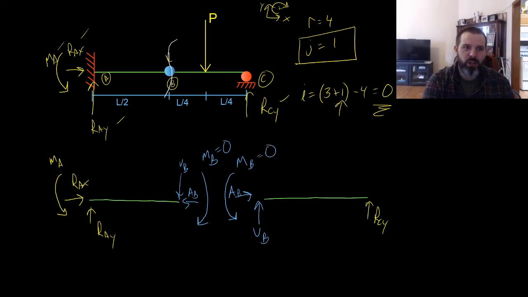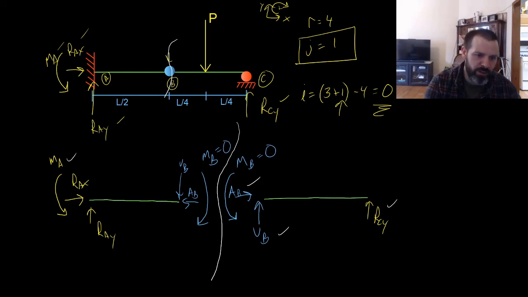Now, if we look at each side of this section cut, we'll see that we have 1, 2, 3 unknown forces. Over here, we have 1, 2, 3, 4, 5 unknown forces. Right. We can apply our 3 equations of equilibrium to each side. If we apply them to the left-hand side first, we are not going to be able to solve everything. We have 5 unknowns and 3 equations. But 2